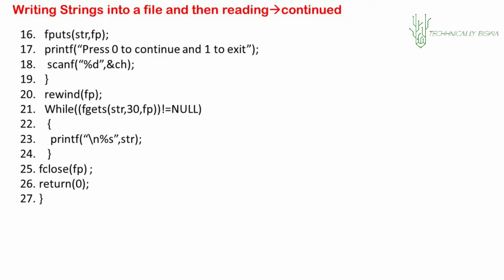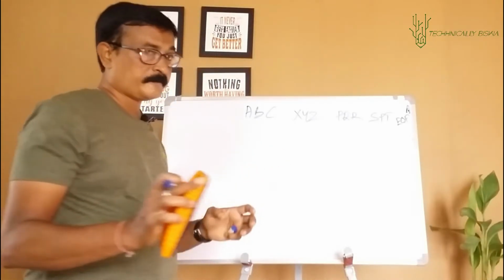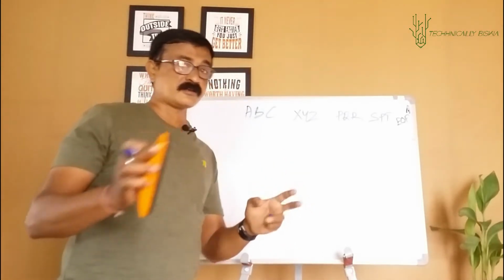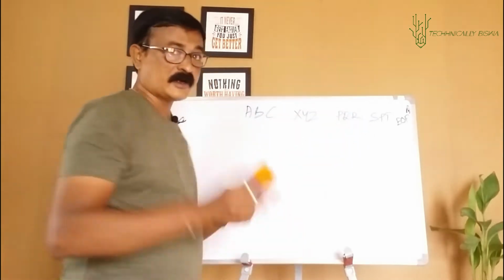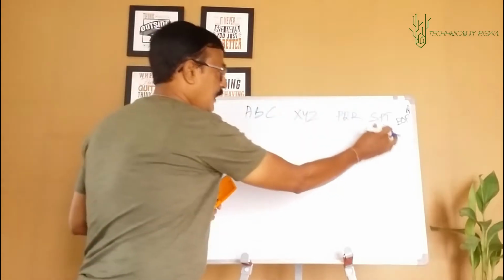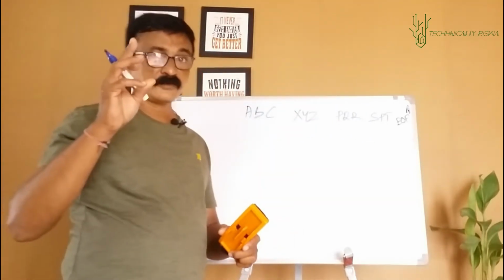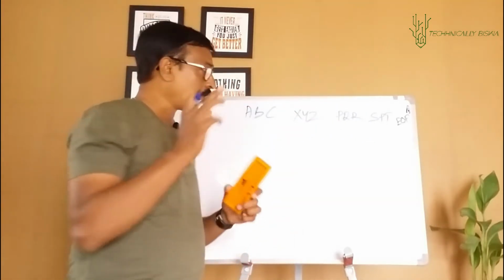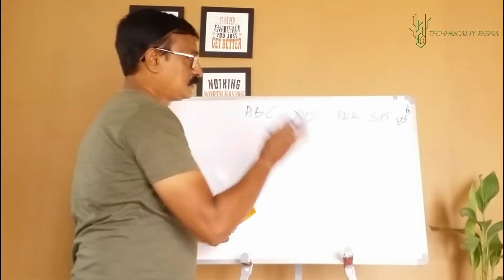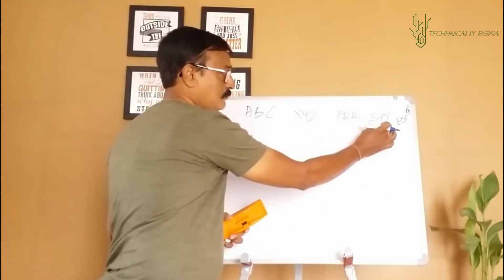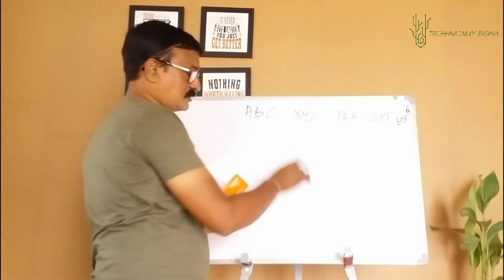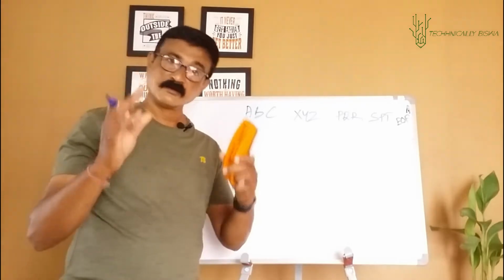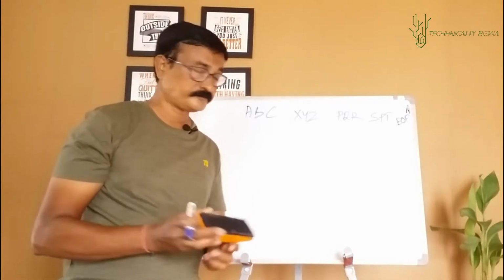Assuming what I want to do is, now this I'll be entirely discussing on the board, this particular program. I want to read this file and display all the strings from end till beginning. Display all the strings from here till here. That means the first string which will be displayed will be SPT, then PQR, then XYZ, then ABC. Got it, I hope? Clear?